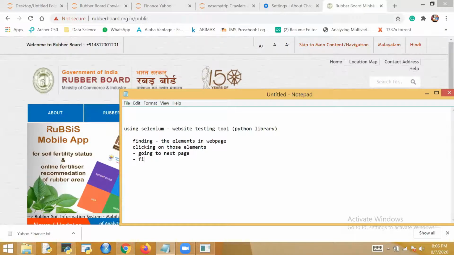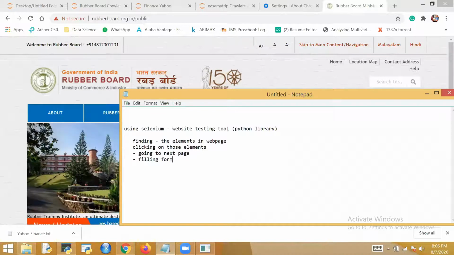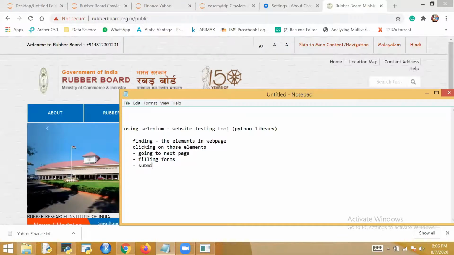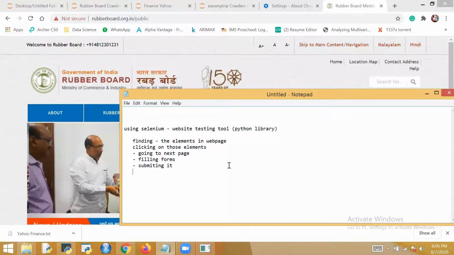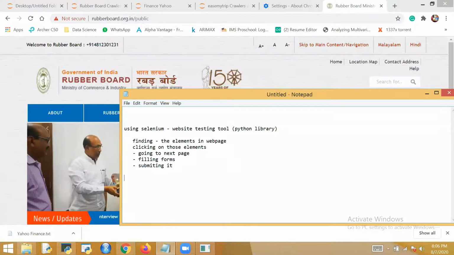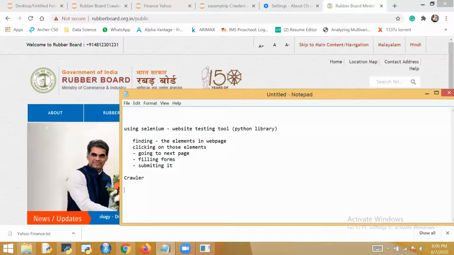Filling forms and submitting it. All this will be done through Selenium. And this is known as a crawler, which will crawl the website for you.